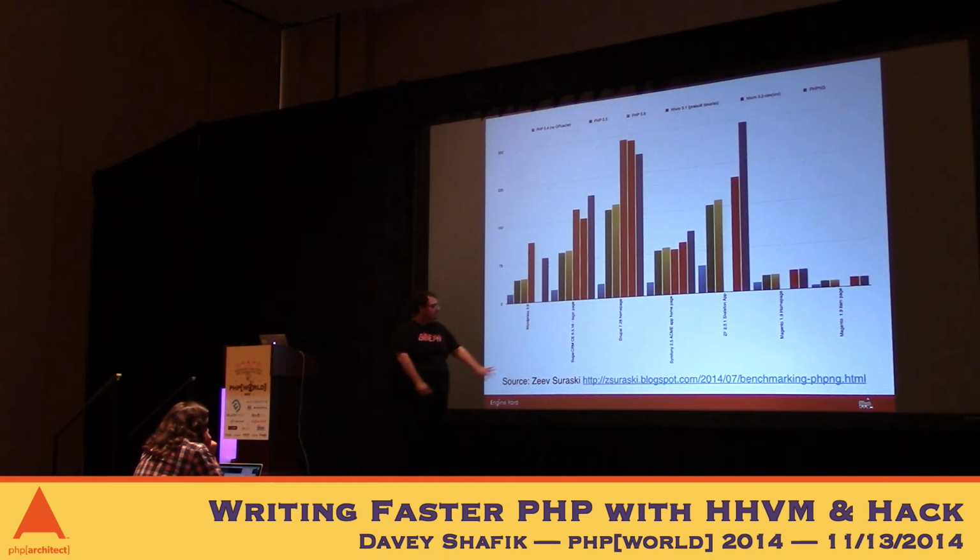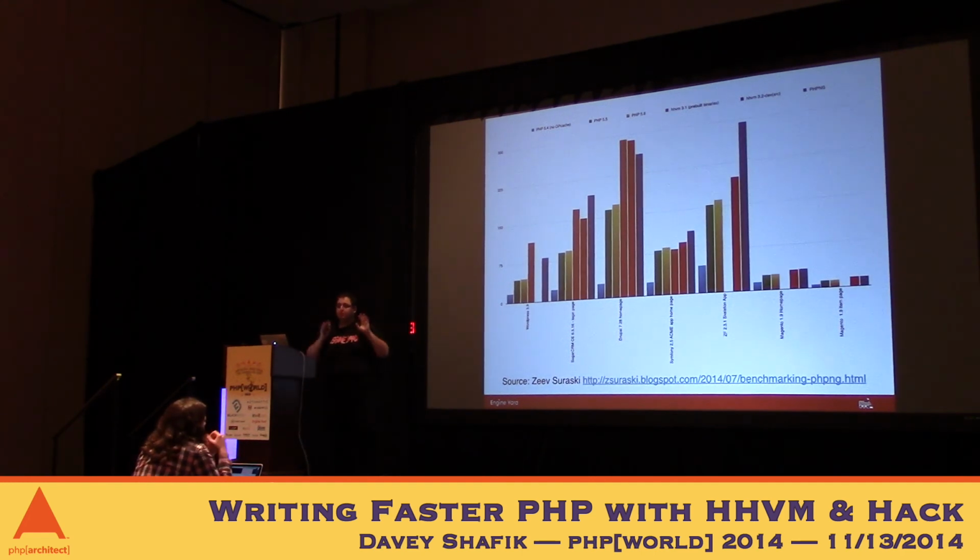And this is kind of what that looks like. So this is from Zend. There's a key up there that I can barely see. So we have multiple versions of HHVM, 3.1 and 3.2. Those are the red and purple bars. In general, you'll see they're kind of higher. PHP NG is the one on the end there. Those are sometimes faster, sometimes not. So take the benchmarks with a grain of salt, but the overall thing you should take from this is that either one of those is a huge amount faster than 5.4 with no optimizer or 5.5 even with Zend Opcache, okay? So performance is a huge win, and this is great for everybody.